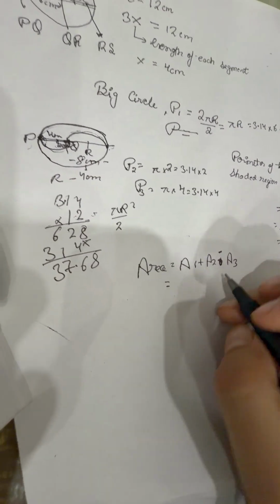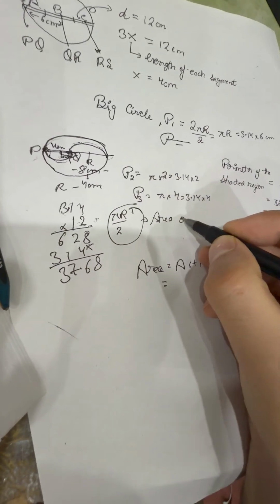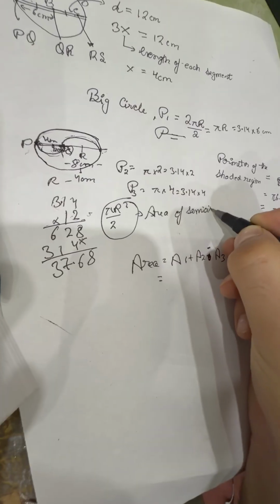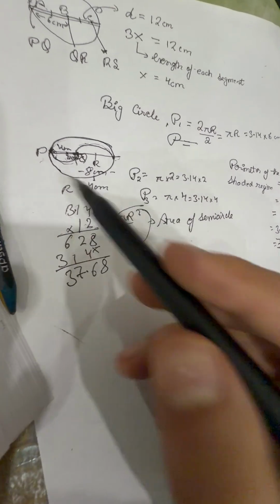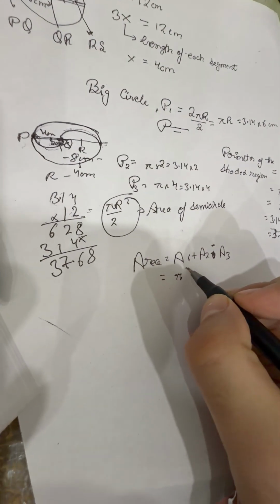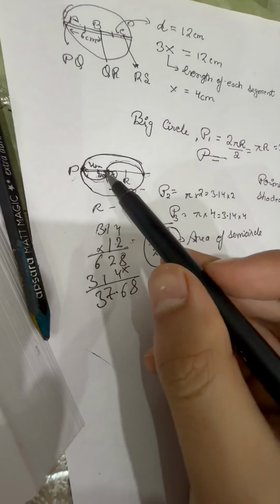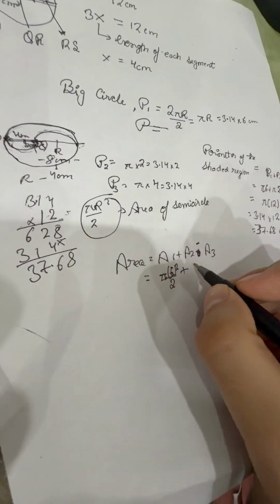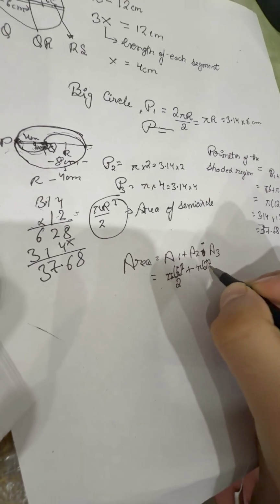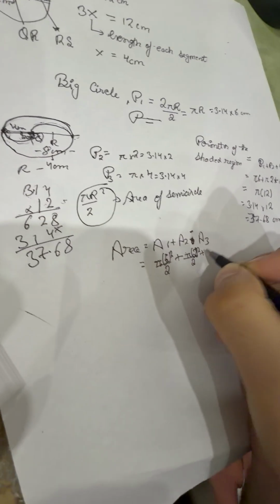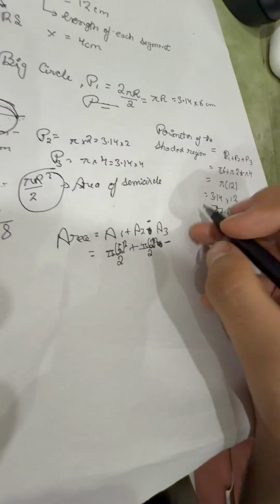Okay. Area of semicircle: pi, what is the radius of the whole circle? 6 centimeter, so pi 6 square by 2. Then we will add this area. The radius was 2 centimeter, so pi 2 square by 2, minus the area of this circle, equal to pi